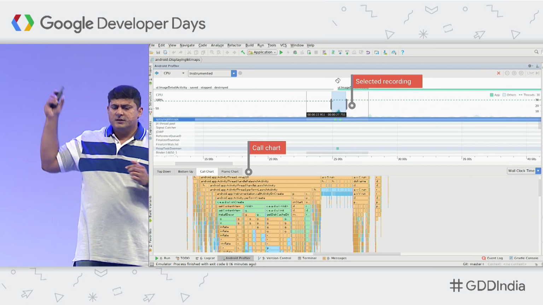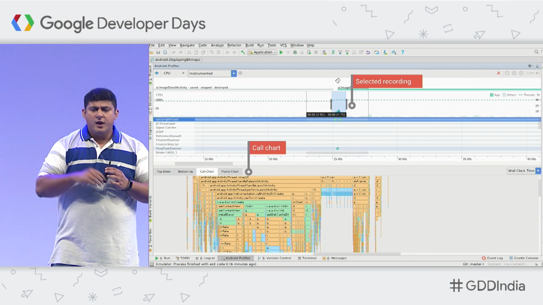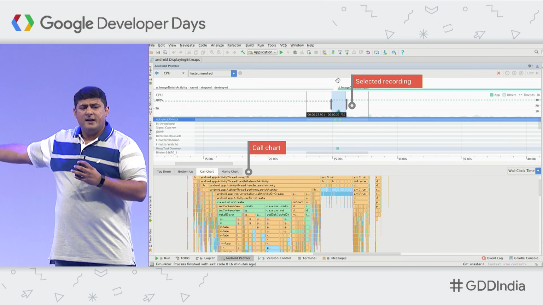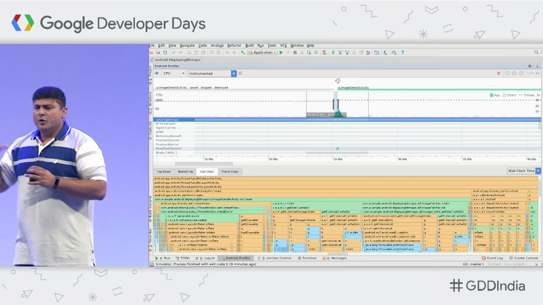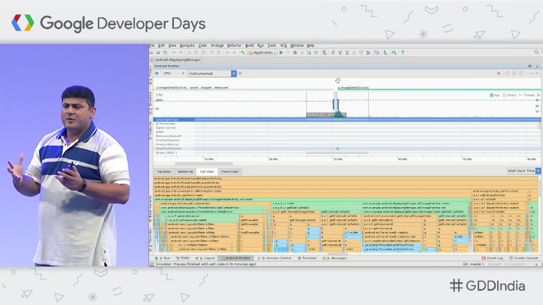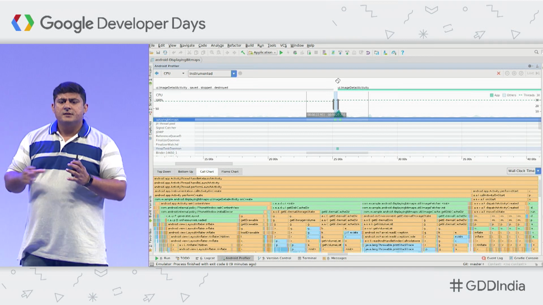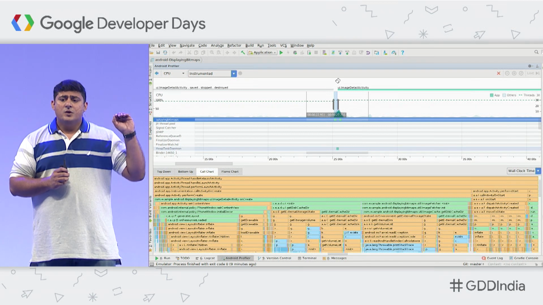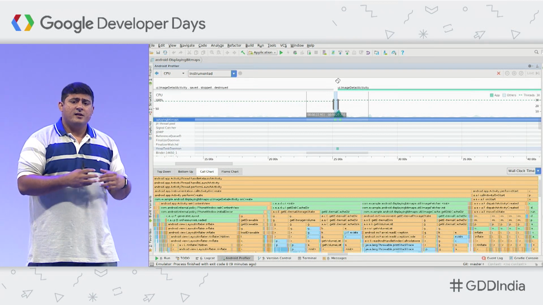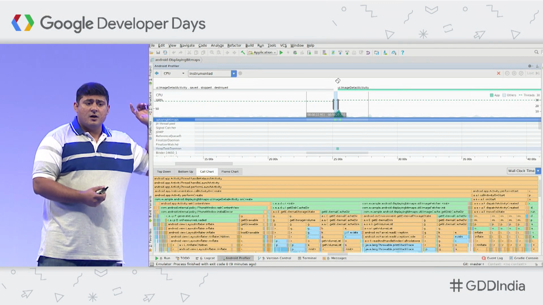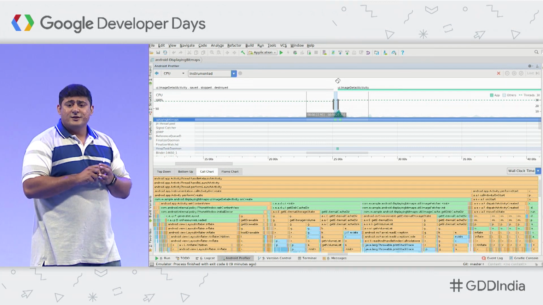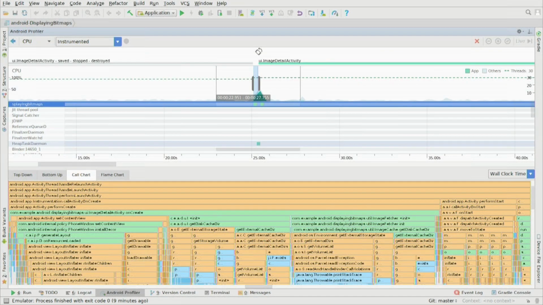Now, the selected recording is the area that is in the blue, and you have the call chart for that area displayed and visualized here. Let's go deeper into that. When you look at the call chart, there are a couple of things that you want to very quickly understand. The orange represents all the function calls which are system-made, so your onCreate, what activity classes would do, things like that, fragments would do. The system calls are all the orange ones. Your code is basically the green bars in there. And you can also see some blue color. That's basically system library code.